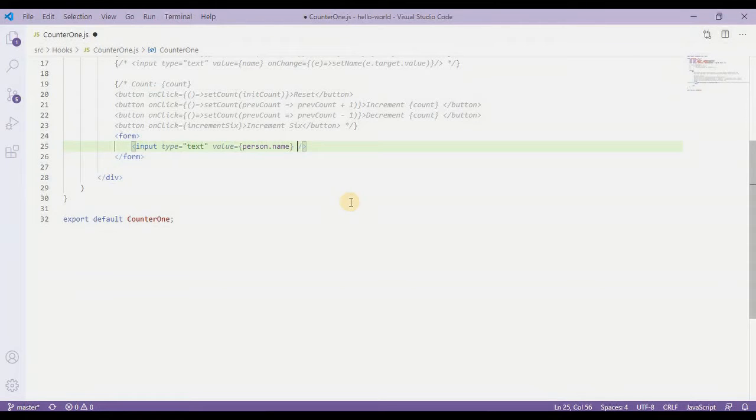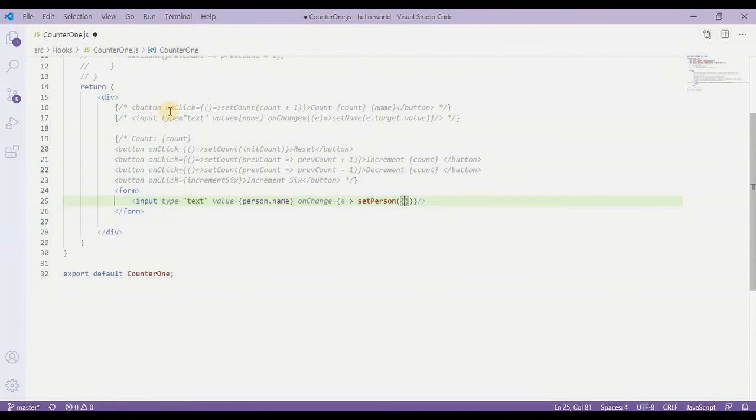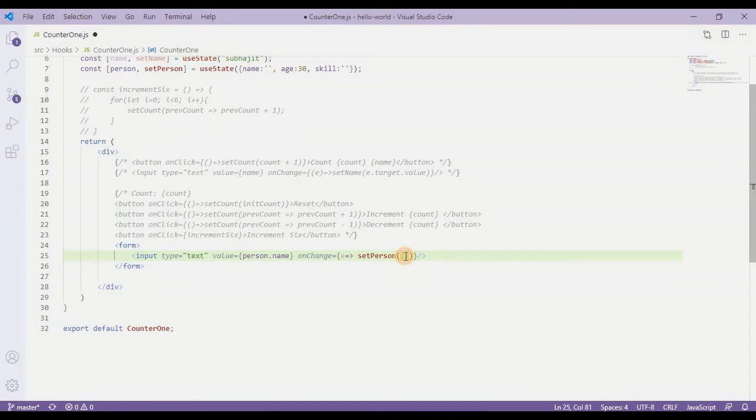So for that we will simply use the onChange method over here, and inside onChange we have to send that event, so that we can get e.target.value, something like that, and then setPerson. Inside setPerson I'm going to set the value of this input field to the person's name key. So I'll simply type that key, which is name, and which is going to be e.target.value.